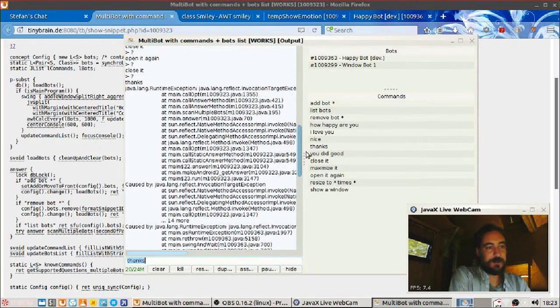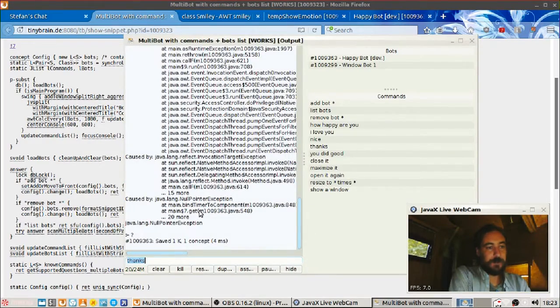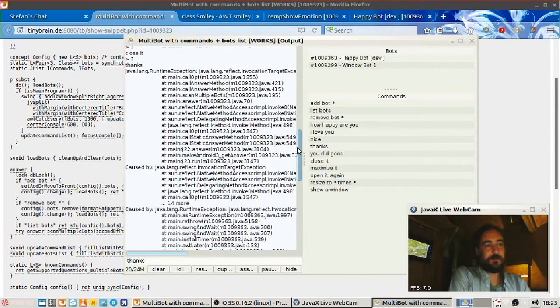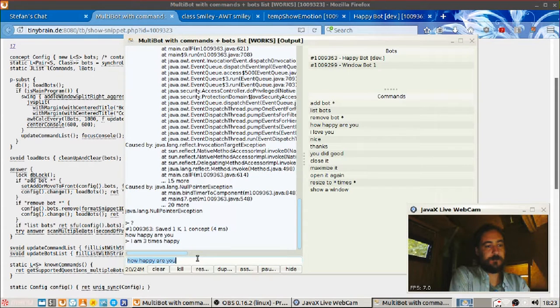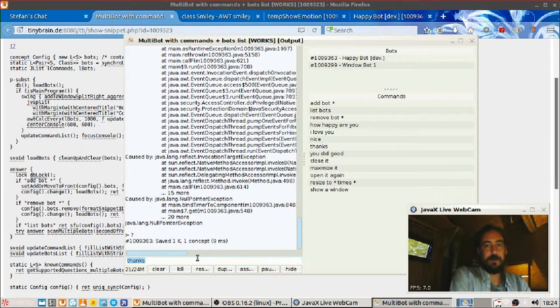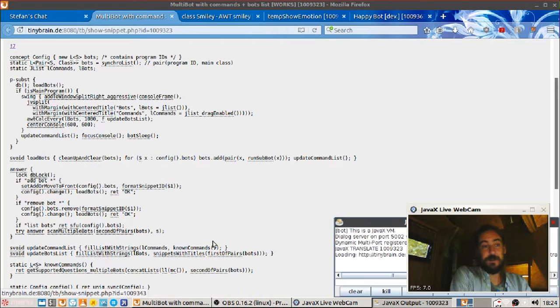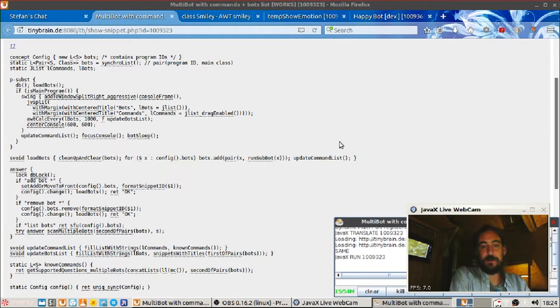Yeah, let's invest some time here. Bind timer to component. Very interesting. So something with the bot. I don't know. How happy are you? Still works actually. There's something with the smiley appearing here. I hacked this together. You can show the smiley, hide the smiley. Something in the meantime goes wrong, I'm pretty sure. Yeah. So there you have it, a little bug. Bugs are rare in JavaX.